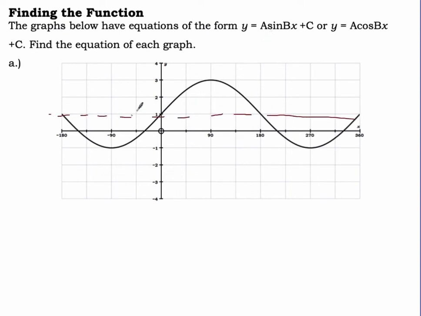The amplitude is obviously 2. All right, I think we'll use sine here. So the amplitude is 2. It's not shifted right or left. The period, or the b value,